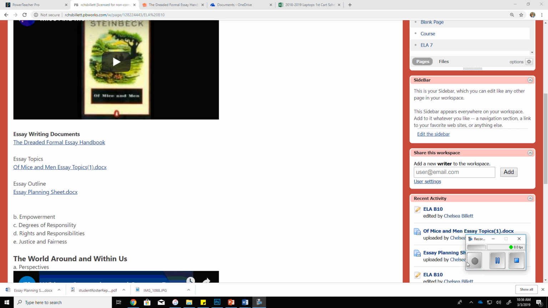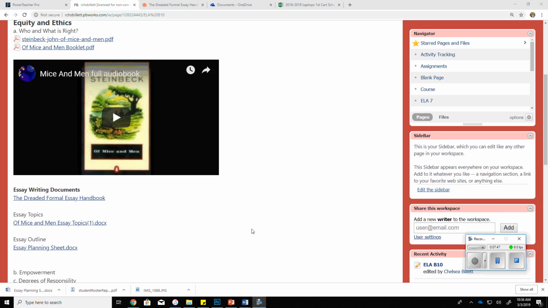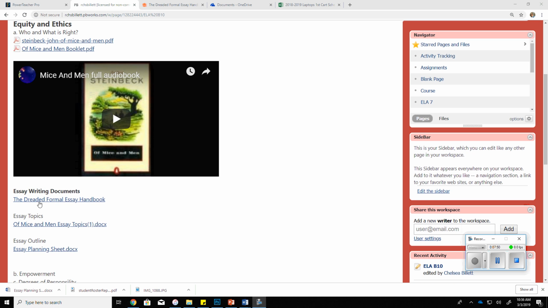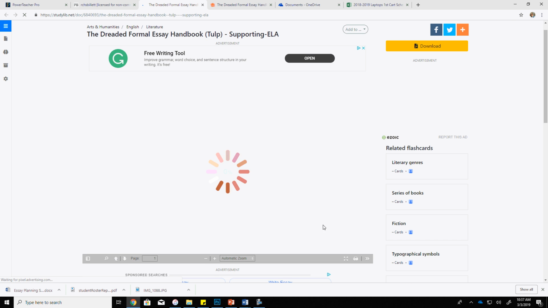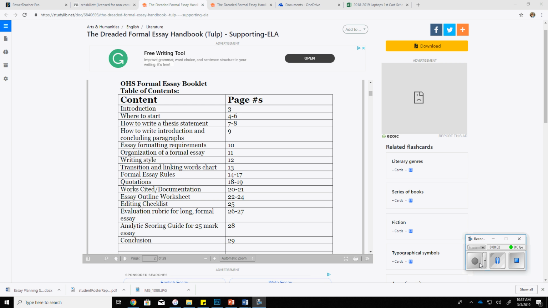Okay. So again, if you go back to the wiki, and this is at the bottom of our Equity and Ethics, and you download the Dreaded Formal Essay Handbook, it's a link. It'll bring you to this page here. Just gonna let it load. So I'd take some time and have a read through it, okay? It's talked about, page 7 and 8. It's good for your thesis statements, and it's got examples in there, how to write introduction and concluding paragraphs,